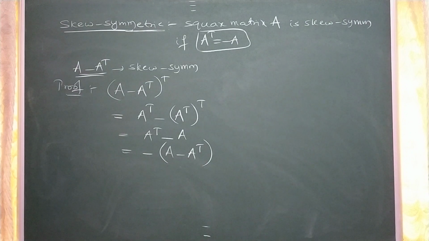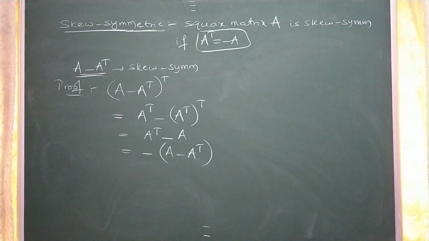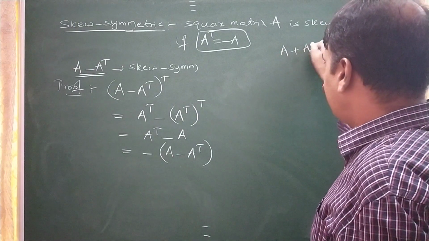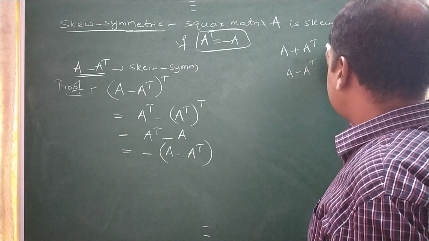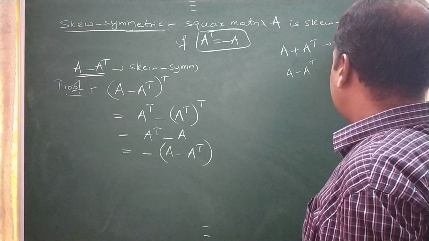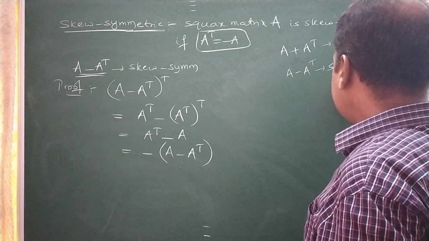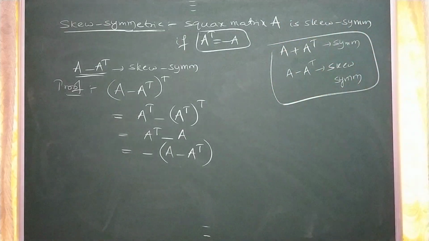Okay, that is a very important property. And finally, I just wanted to revise that this is the important property you should remember. A plus A transpose is always symmetric, and A minus A transpose is always skew symmetric. Okay. So we'll come up with another